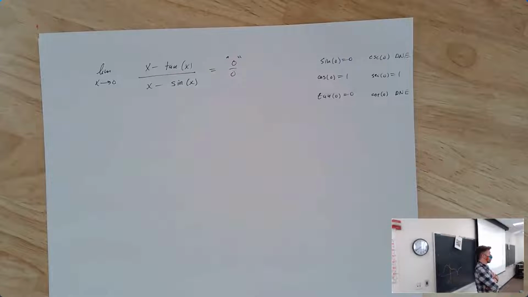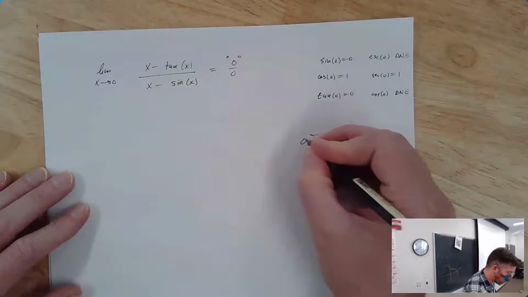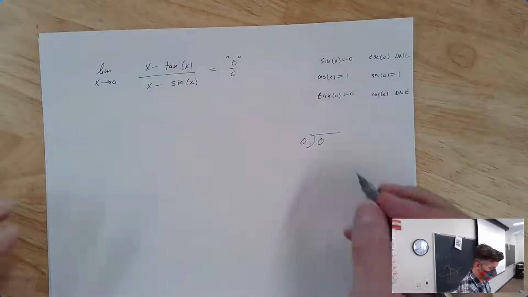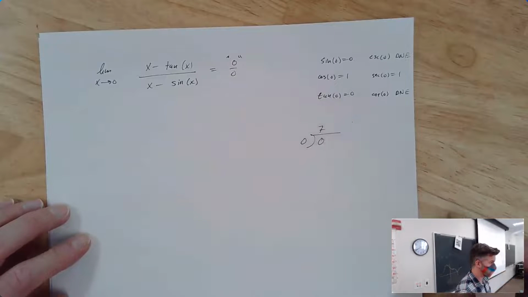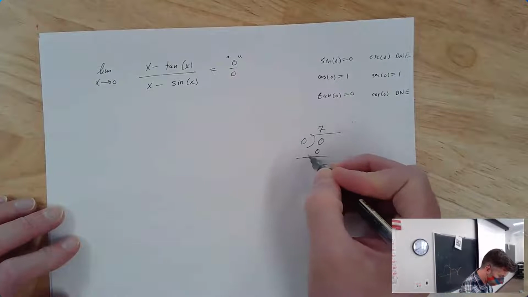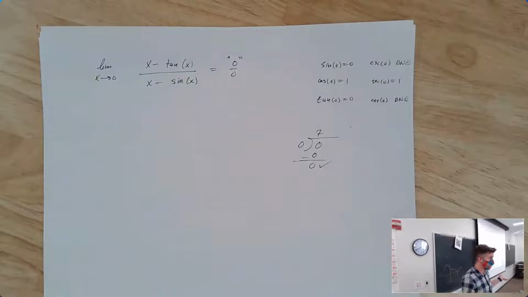The reason that we don't say 0 over 0 or infinity over infinity is 1 is because it's not exactly the same thing. Right? Well, because it's not 1. So what's 0 divided by 0? It could be 1, but it could be 7. That works. 7 times 0 is 0. 0 minus 0 is 0. Check. Or my remainder is 0. That's accurate division. I mean, it's terrible, but like, right.